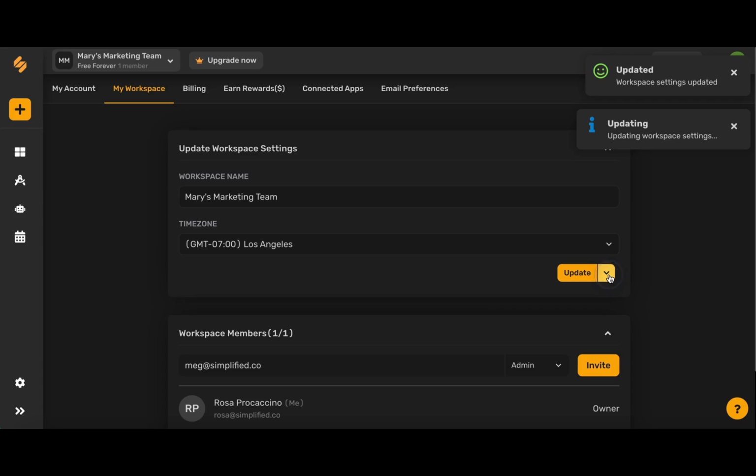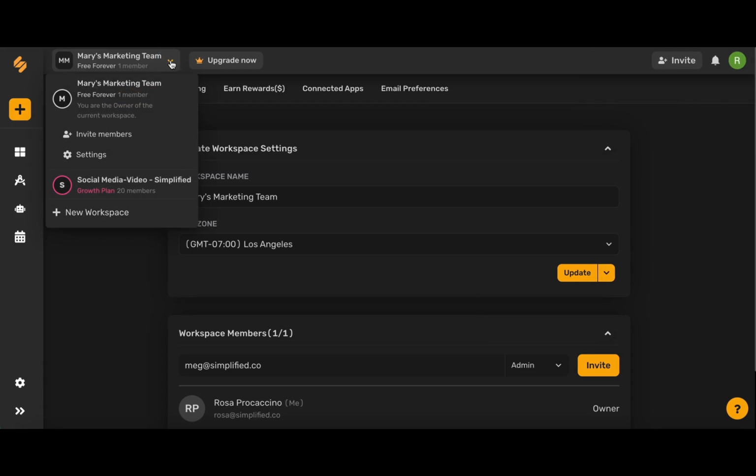You can use this drop-down menu here to delete an entire workspace, and you can move between workspaces by using this drop-down in the top toolbar and jumping to another workspace. You can create an entirely new workspace by clicking this here, and remember, each new workspace will require a new subscription. Simplified's workspaces are a great way for you to manage different clients, teams, and